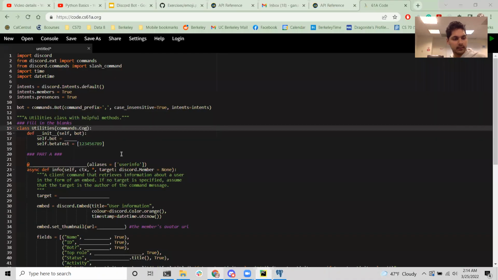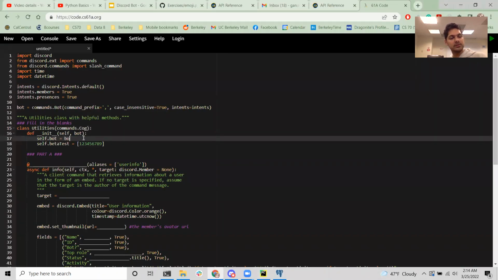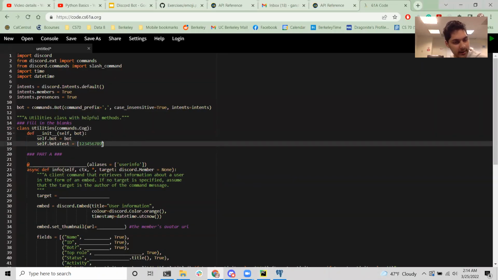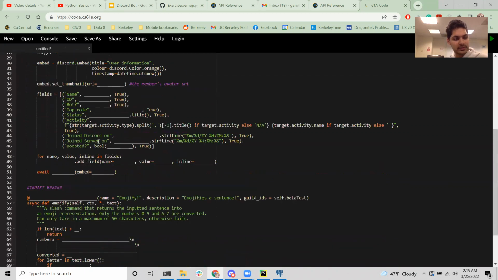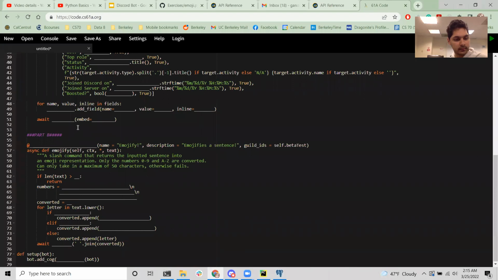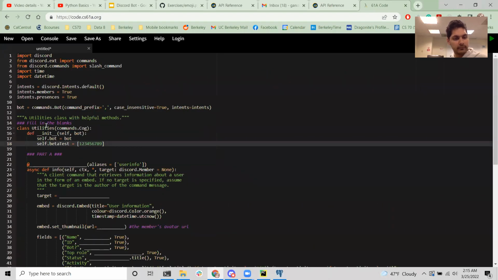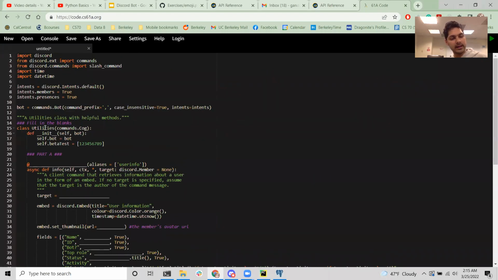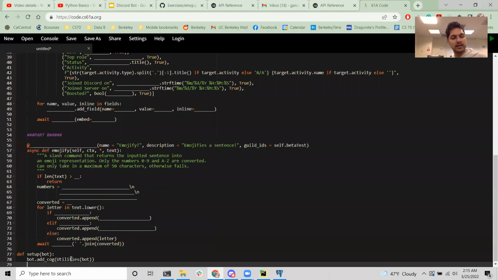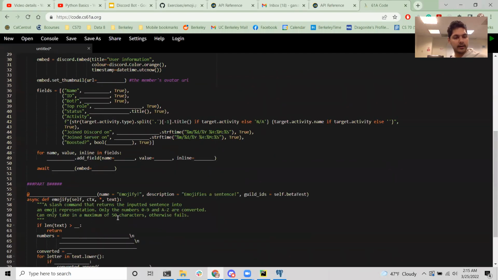Okay, so def __init__, self.bot equals bot, that's always there. Self.beta test, I don't even know why, this is for slash commands. I don't think I even use that. But we do know that at the bottom we need to put Utilities here, whatever the class name is, the setup needs to have the same class name.